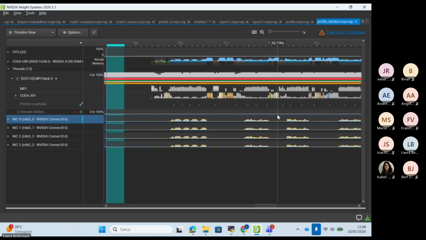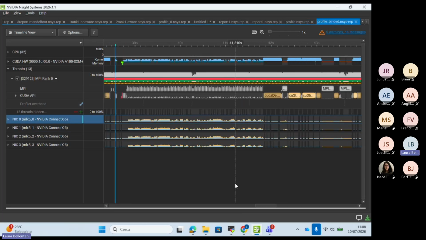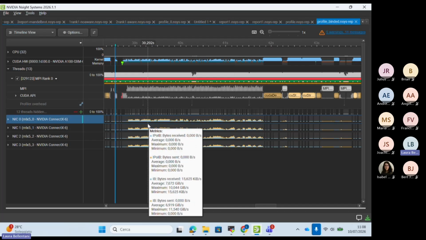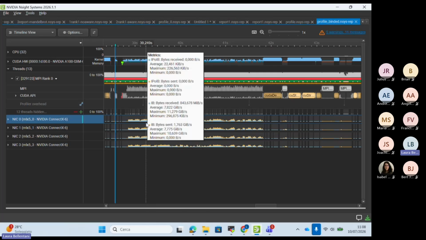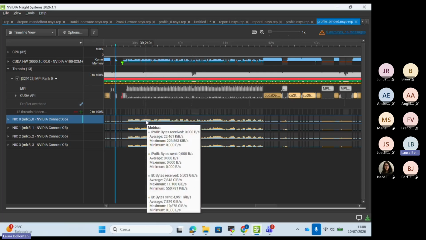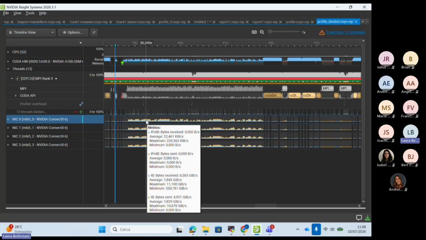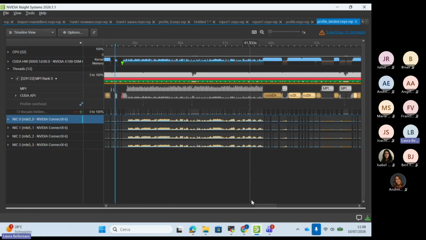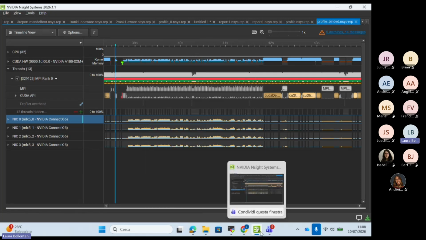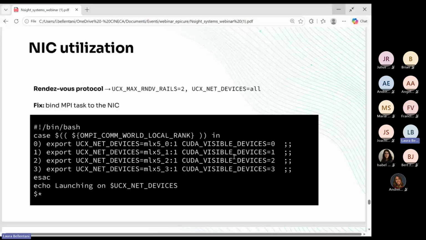In addition to an improvement in time to solution, we can check from the profiler that we achieved the goal, because now you see that we have all 4 NICs working with a pretty high throughput. So this is a code which in this setup is particularly intensive in communication.